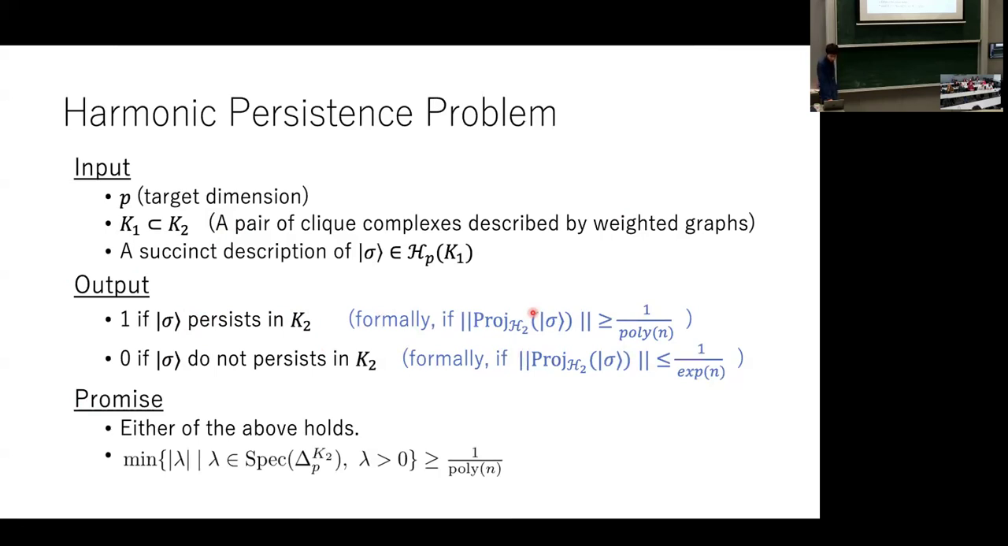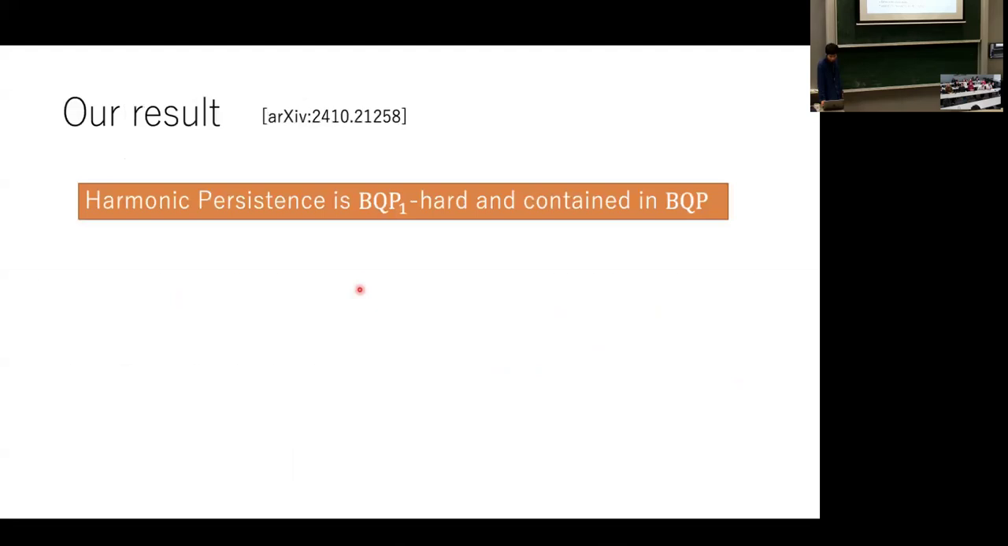Yes. Because even if the hole persists, the harmonics will change. No, I understand, but why do you need to have a sigma description of K2, because sigma may not belong to HP. Yeah, it is not a description of harmonics in K2. Yes, it's just a representation of some vector in the harmonics. So going back to the BQP1 hard construction,